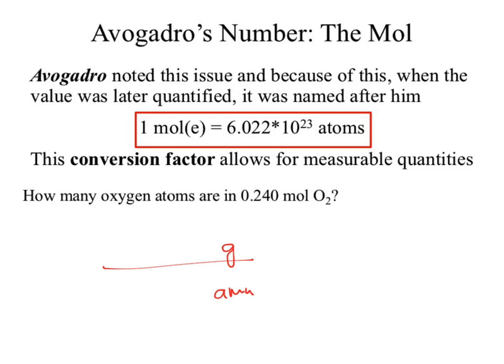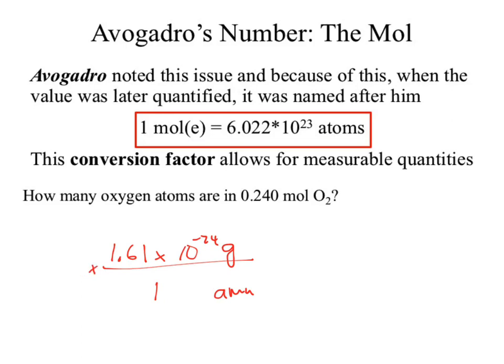If we look at the conversion between grams and AMUs, it's 1.661, okay, we'll just say 1.61 times 10 to the negative 24th grams is 1 AMU. Okay? So what this is now saying,